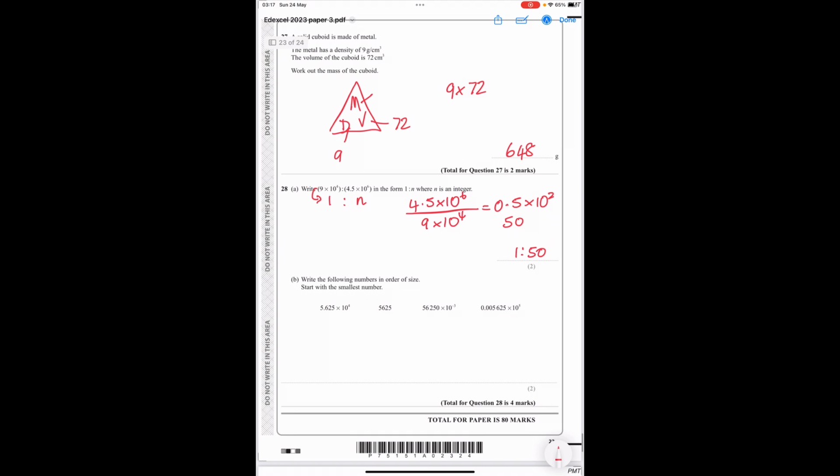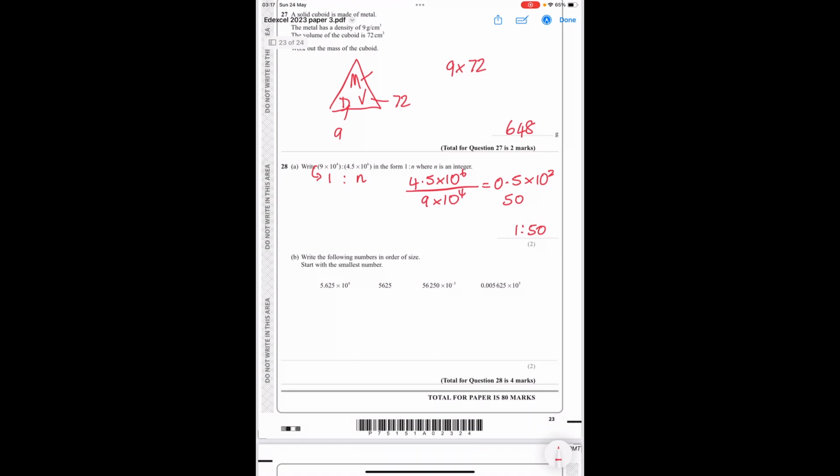Write down the following numbers in order of size, starting with the smallest. Now, these are not all in standard form, so you cannot just look at the numbers. You need to convert them all into normal numbers. So we've got 56250. This is already done. This would be 56.25. This would be 562.5. So the smallest one is going to be